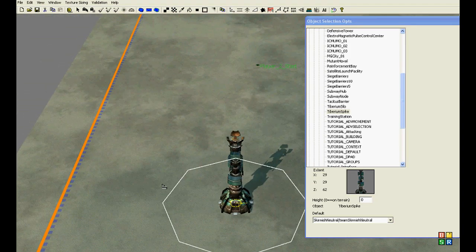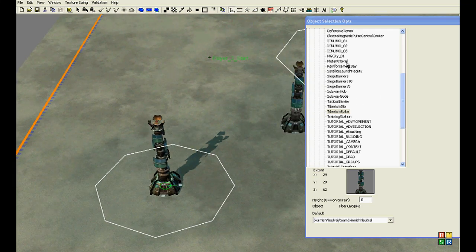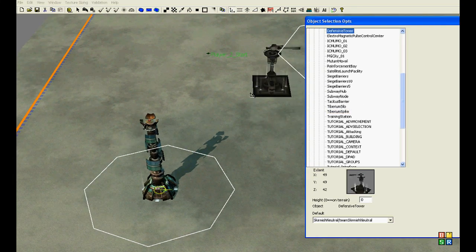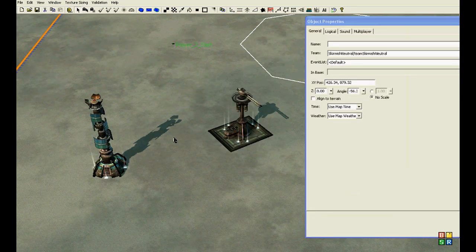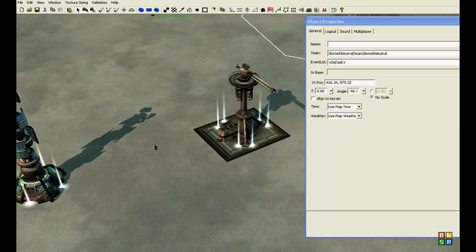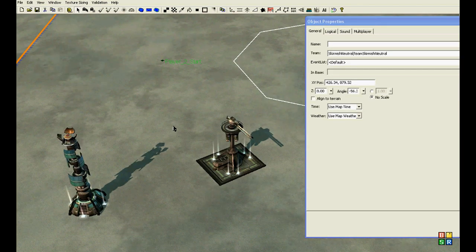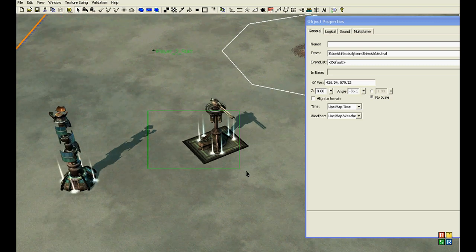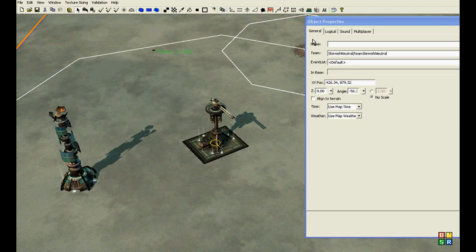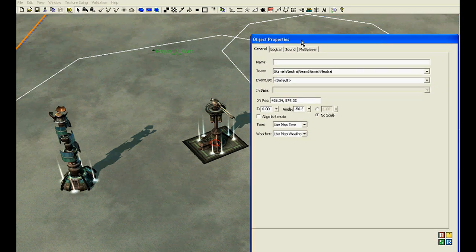Now, if you'd like a player to start with a spike, or let's say a defensive tower for anti-rush, for example, it's a bad idea to use something like Guardian cannons for anti-rush if you don't want people to rush on your map, because they require power, and then you've got to set the player's power or give them some additional power plants or something, and that can really unbalance the map. So what we do is we highlight the tower, just drag and click using the tool up there to select and move, and in the object properties window,